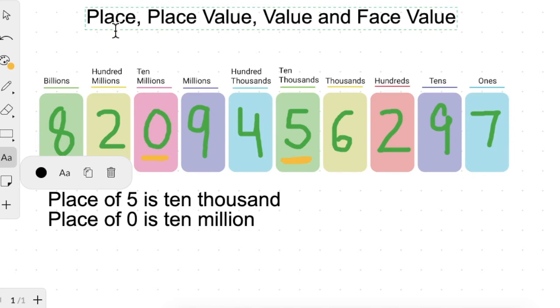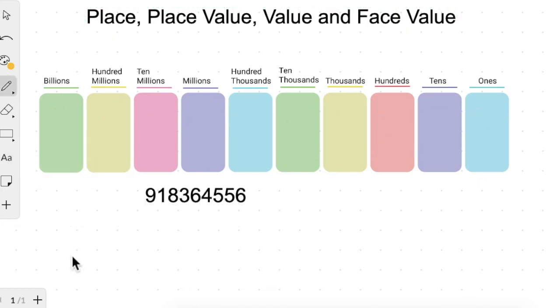Let me just take a number without the place value table, and then we'll find the place of different digits. So the number that we have here is this. Now, can you tell me the place of 3, children? So the digit 3, this is in which place? Let us see. Ones, tens, hundreds, thousands, 10,000s, 100,000s. So the place of this 3 is 100,000.